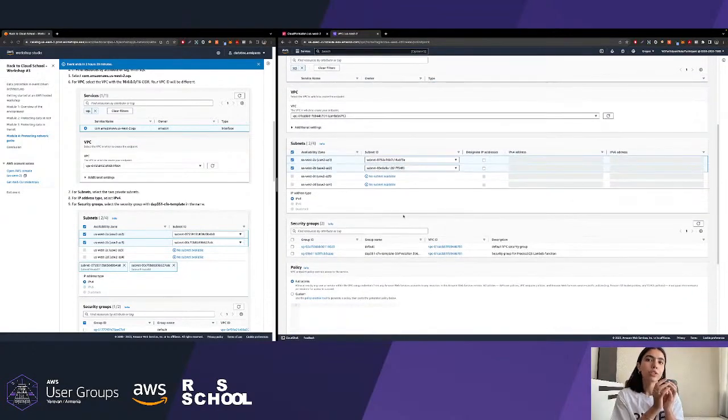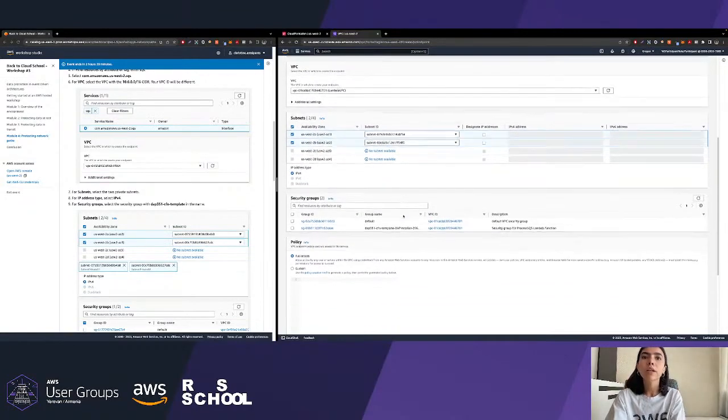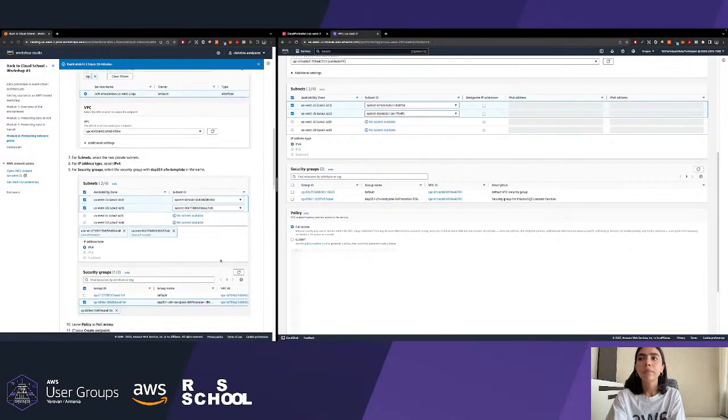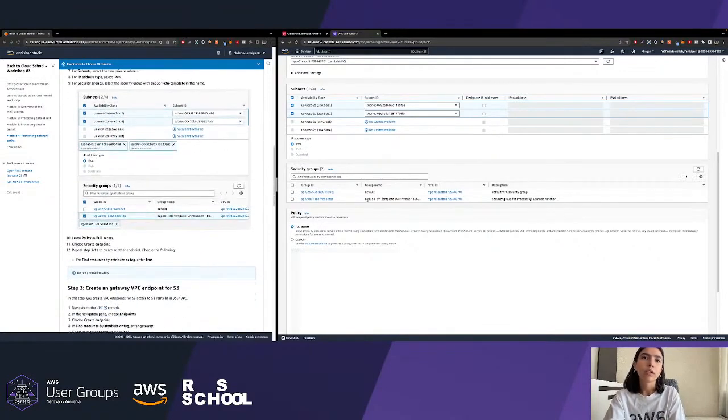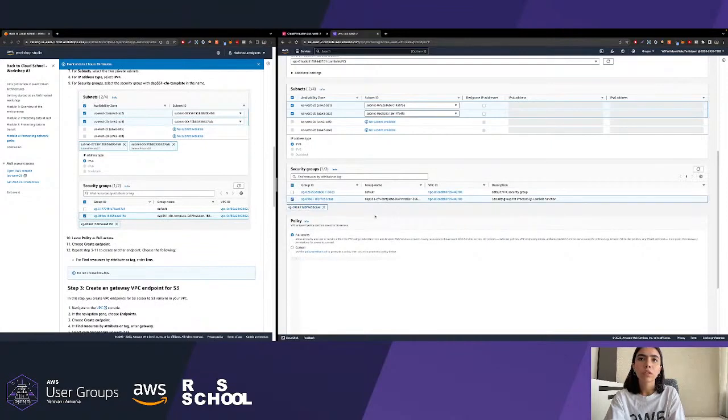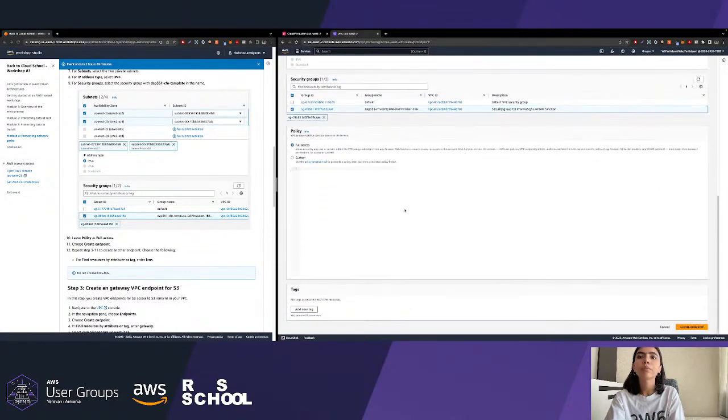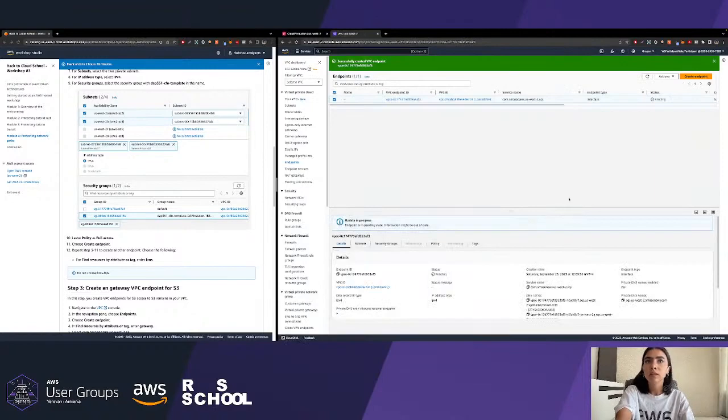Subnet is a small portion of that VPC that was created for you. Okay, and we will leave the IP address type IPv4, and for the security group, we are going to go ahead and choose this one that we did for the Lambda function. No tags, no policy to add, just full access. So we have everything private and in place, so we are going to create this endpoint, which is again a VPC interface endpoint for the SQS.